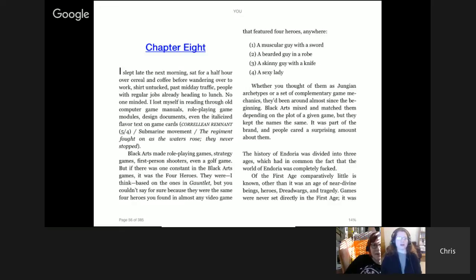Okay, one thing I want to say before we jump to anything else was Chapter 8, and I just made a quick copy of this, where it says the 4 heroes, and it does mention Jung, and yes, this is totally Jung. This is the archetype. And gamers seem to do it more than anybody else. We've explored this before in the Metagame Book Club with Joseph Campbell's The Hero's Journey, and how every game we look at seems to be sword and board and has these prototypes. Well, it's the same thing in this book. And what I really like about this book, even though it's a piece of fiction, is that the person who wrote it does design games.